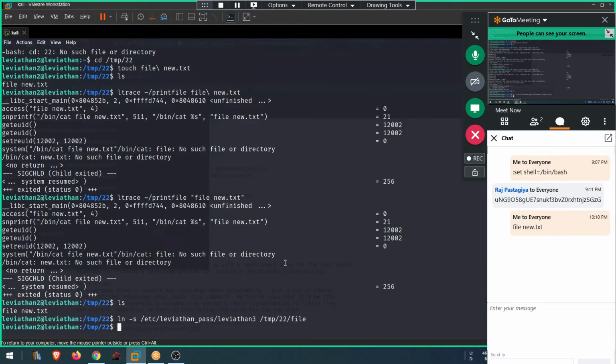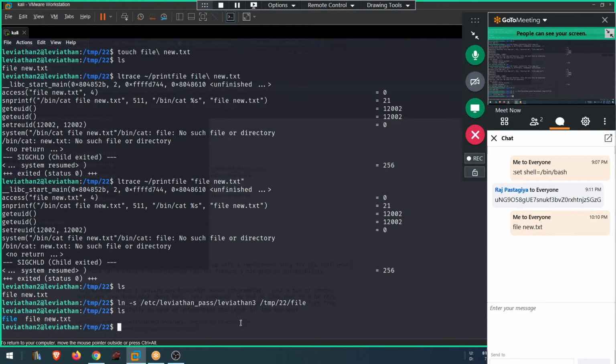Okay. And now run the code again. Yeah, now see what's happening. Yeah, it has created a folder. A folder. Okay, a link. Yeah, it's a link. So it is connected to that one. So if we try to execute this print file now